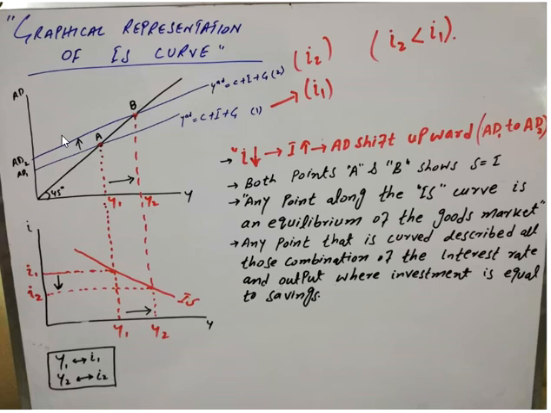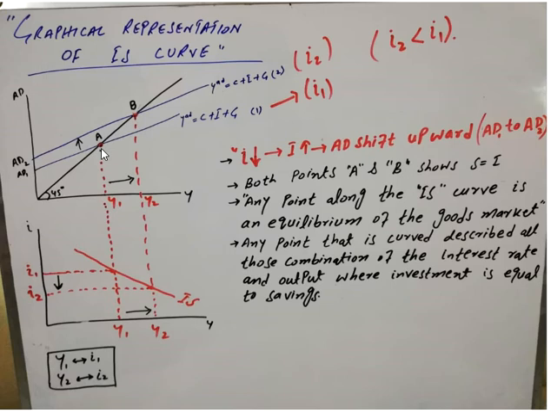Let's go through our today's topic quickly. We are interested in making the IS curve. First we draw the aggregate demand curve and the 45-degree line. This is the original aggregate demand curve, Y equals C plus I plus G, and in this equation the interest rate is I1. When the interest rate decreases, it increases investment. When investment increases, the aggregate demand shifts from AD1 to AD2. So we have a new equilibrium point, which is B.